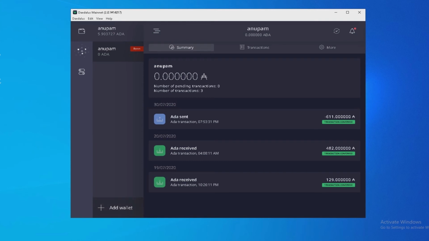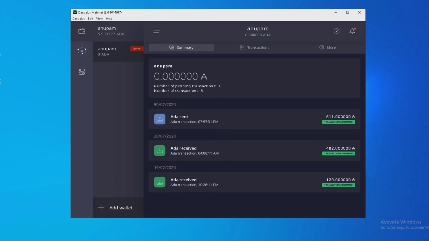I can show you how to create the wallet from here. Add wallet. Now one thing you will find over here, that Byron wallet and Shelley mainnet wallet. Previously I had my wallet in Yoroi wallet, the light version wallet, with a 15 words phrase seed.